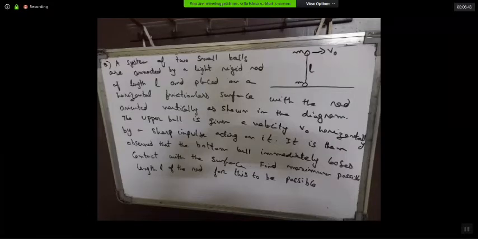Sir, can we equate the relative acceleration of both the blocks along the rod to v naught square by L, sir? Yeah, relative acceleration should be the centripetal acceleration. Yes, that we can equate to v square by L. That should be centripetal acceleration of one body with respect to the other body. Yes, sir. So each acceleration will be T by m, and the net relative acceleration will be 2T by m, that we can equate to v naught square by L.